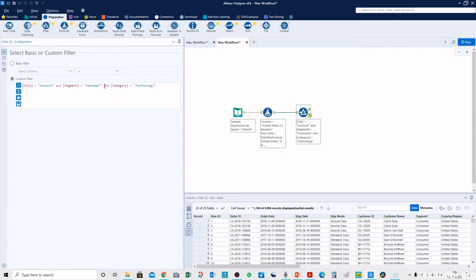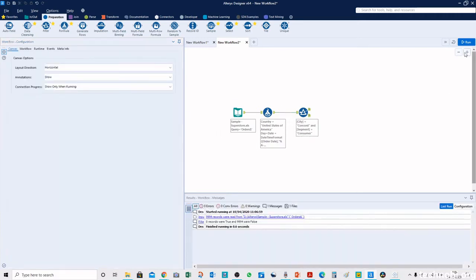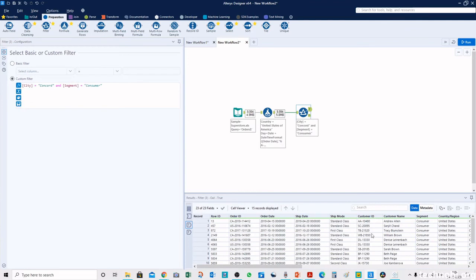Let's delete this one condition, and let's rerun the workflow. And now if we check, we'll find this condition is true, Concord. So in Concord city there are many segments that are consumer, but in Concord city under segment consumer there was no technology, that's why we didn't see any result.